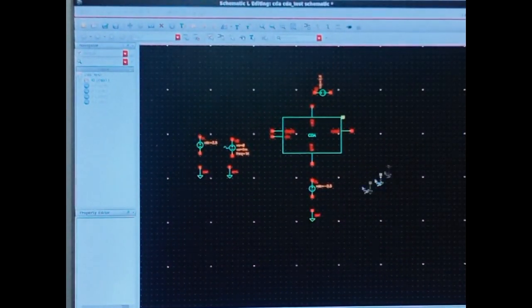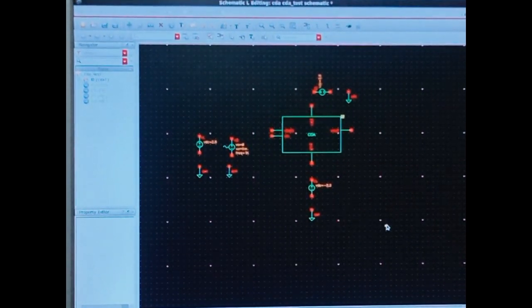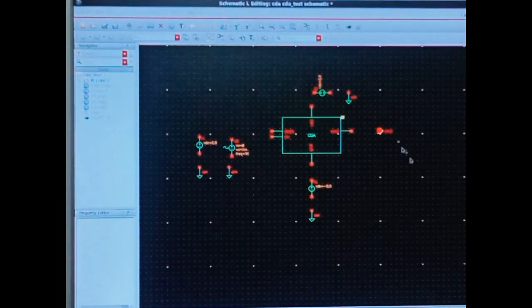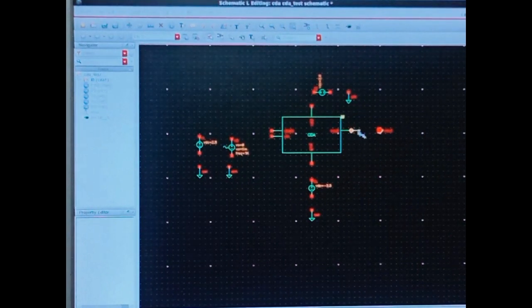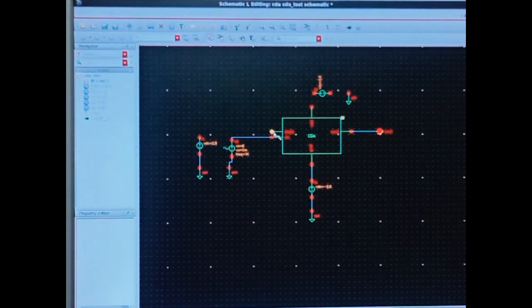Place ground pins. Vout pin. Make the connections using a narrow wire. It has to be connected to Vbias.